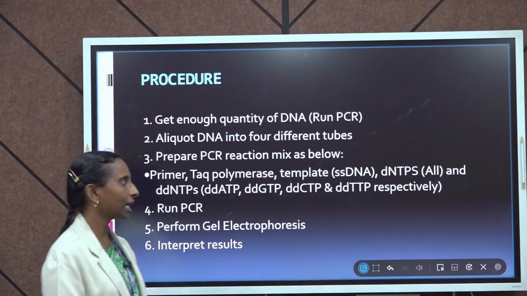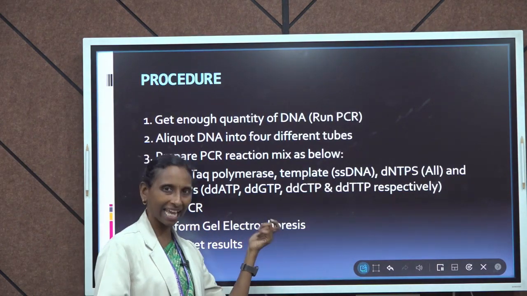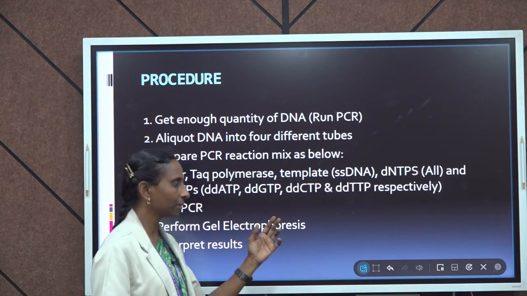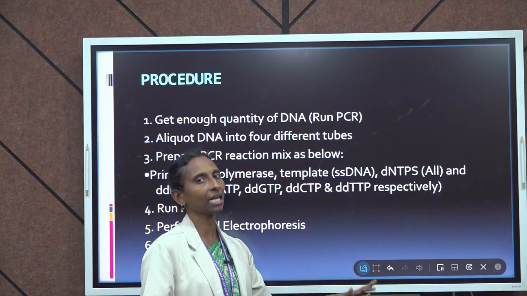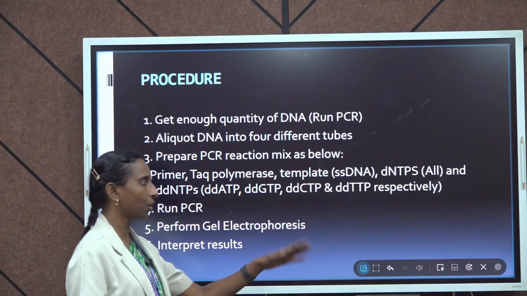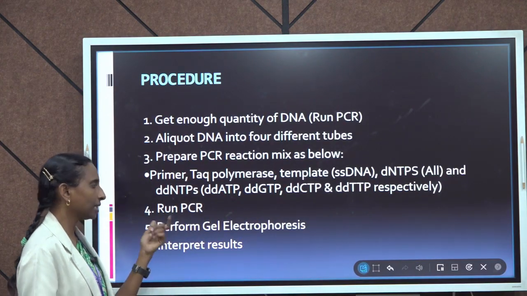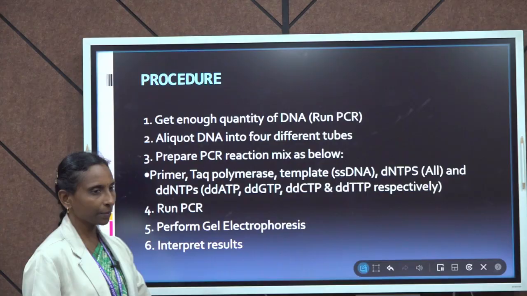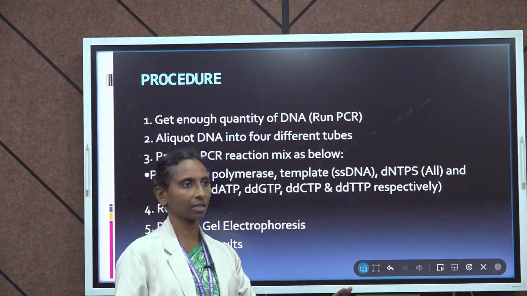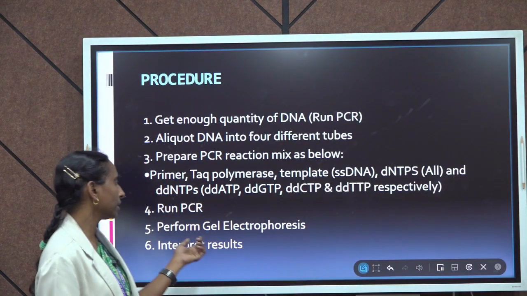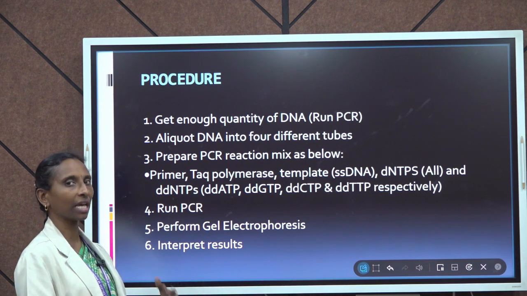Along with that, in the tube labeled A, we will add ddATP. Similarly, in the tube labeled T, we will add ddTTP and so on. So, 4 tubes for 4 types of ddNTPs, and then we will run the PCR. After the PCR is run, the product is then separated in gel electrophoresis, and then from there, just like